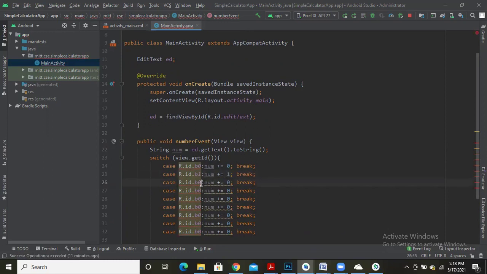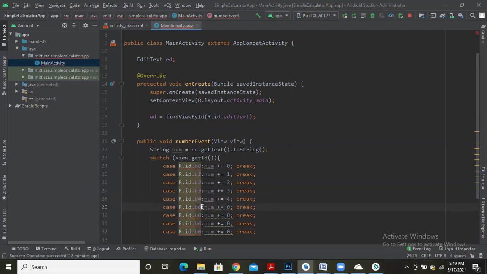If my ID is B2, this is the ID corresponding to button 2, in which case a value of 2 should be appended to the number. Similarly, in case of B3, number should be appended with 3. In case of B4, number should be appended with 4.